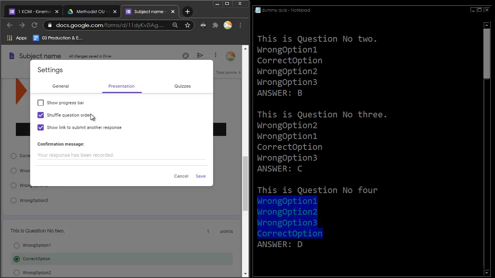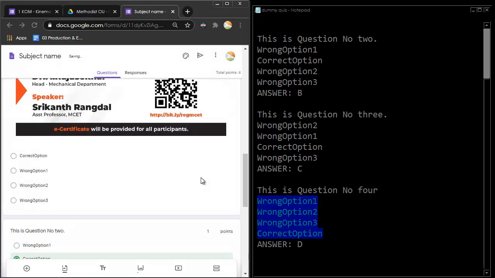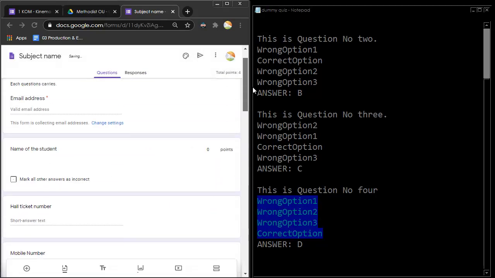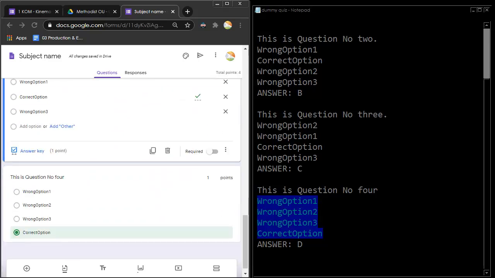We should shuffle the question order. We can also provide a confirmation message or any other such message that you may want the students to know for successful completion of the test. Then click on save, and now the form is ready to be sent to the students.